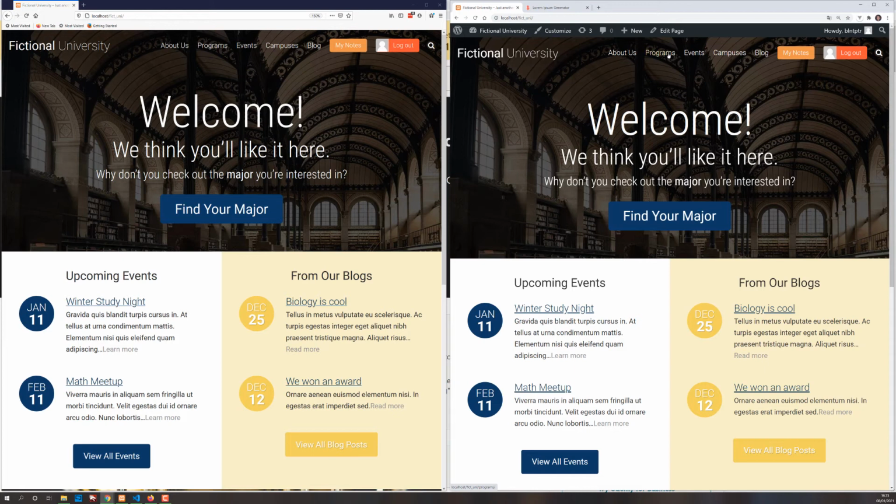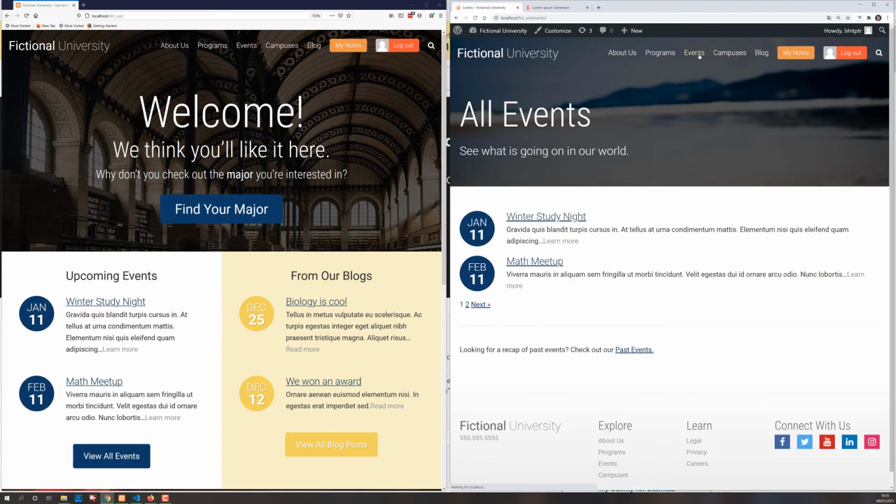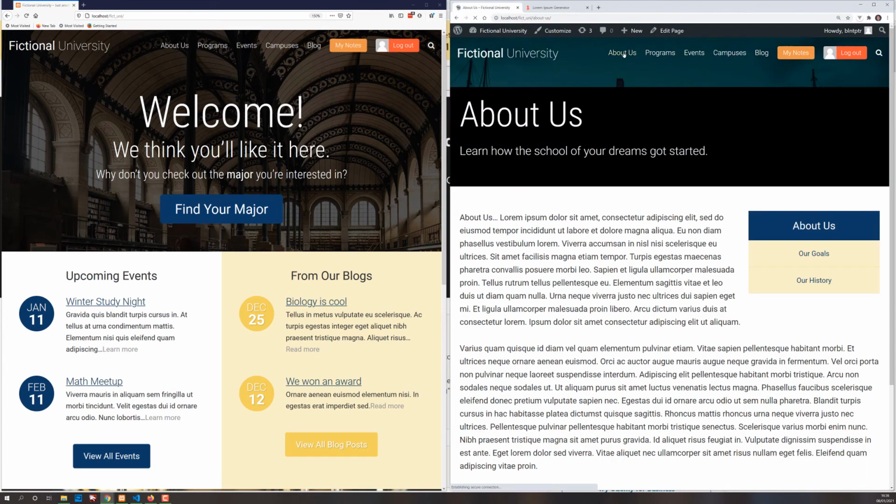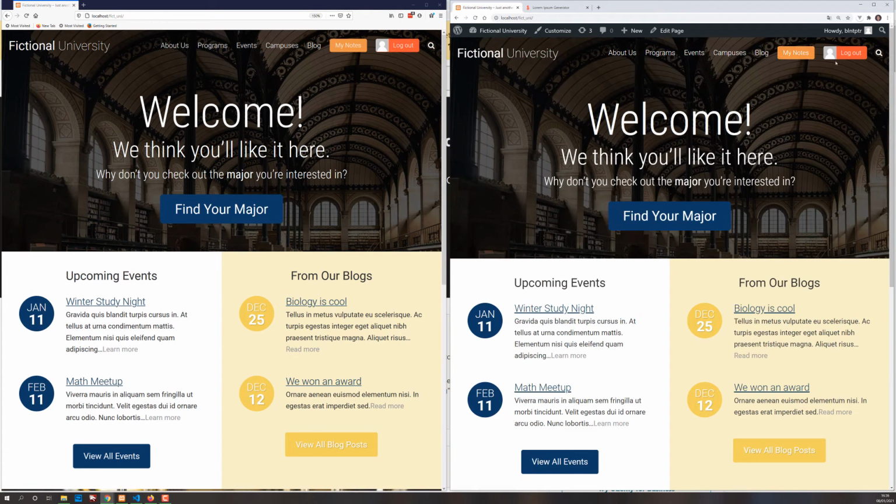So for example, you've got programs here, events, then you've got the blog. So you make this dynamic in PHP, and also you manage the navbar based on the authentication state.